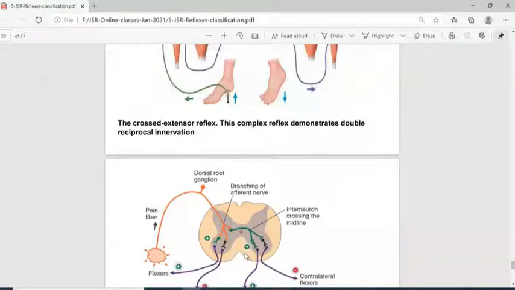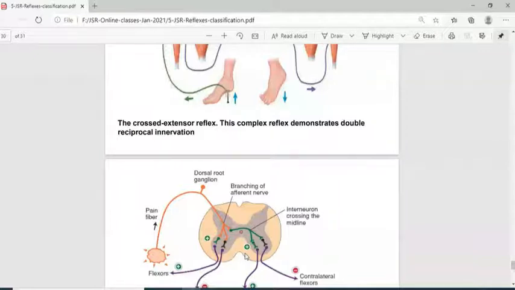So when you come to practical classes, try to do the reflexes again and again and again. Then the movement will be from the wrist joint. Okay, so when we tap on the patellar tendon, what happens is we feel on our left hand, which is resting on the quadriceps muscle of the subject, we feel contraction.